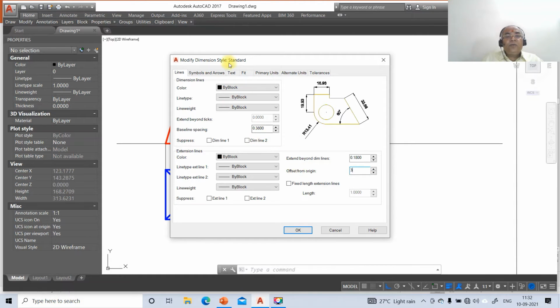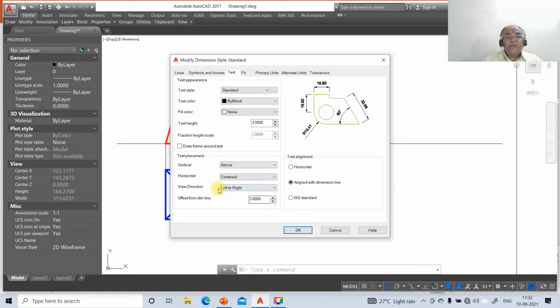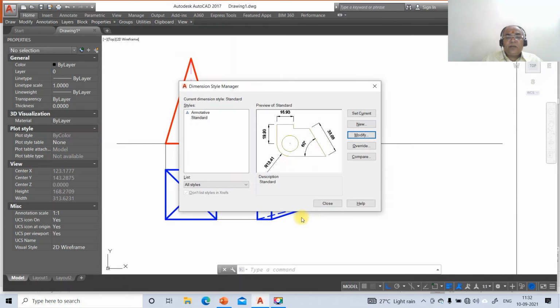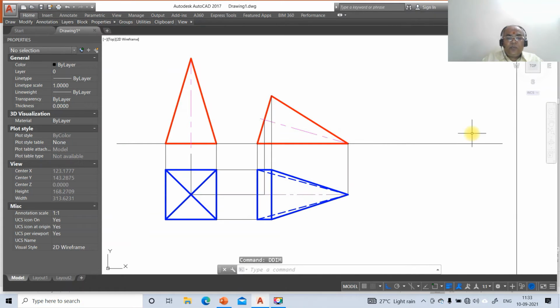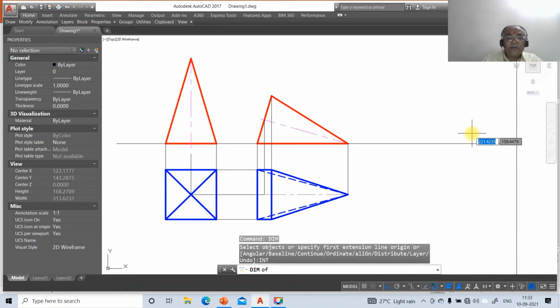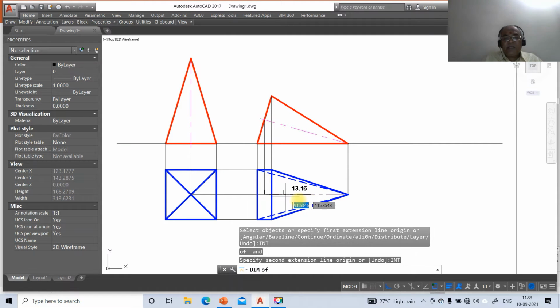And then come down to text. So everything has been changed. So then say OK and say close. Now we need to go for dim. Dim, take intersection point of this and take intersection of this. So